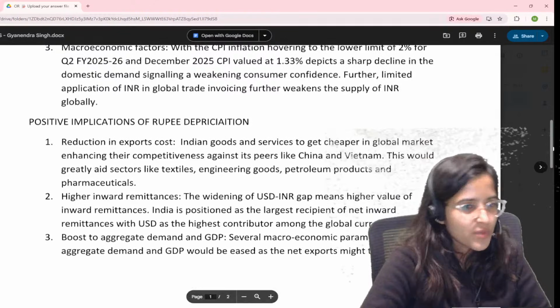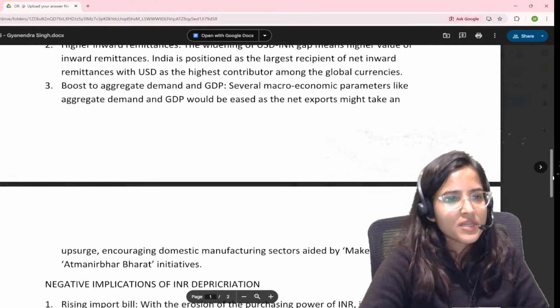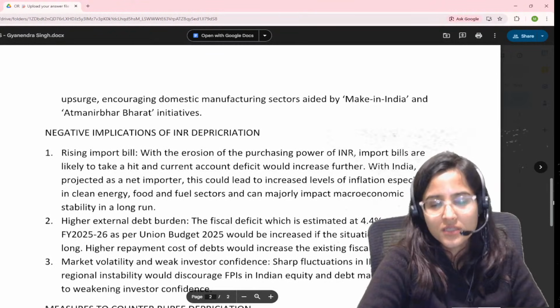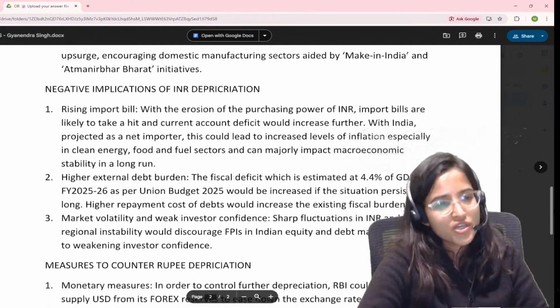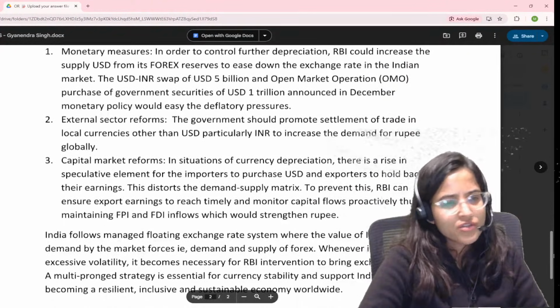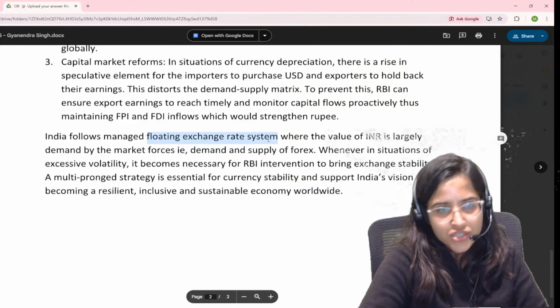Positive implications of rupee depreciation, very good. Reduction in export cost, higher inward remittances, aggregate demand, ठीक है. Negative implication, very good. This part is very good, Gyanendra. Positive implications, negative implications you have written separately, very good. Measures to counter depreciation, you've written 3 points, and then conclusion that India follows managed floating exchange rate system where value of INR is largely